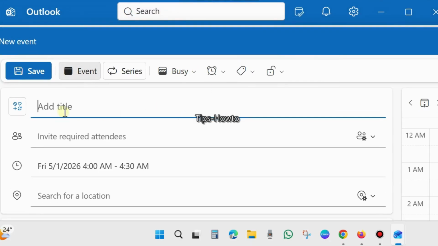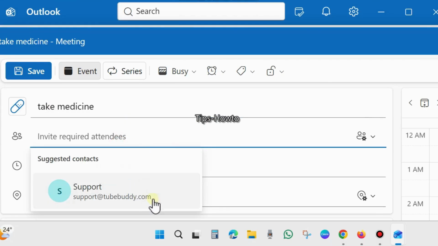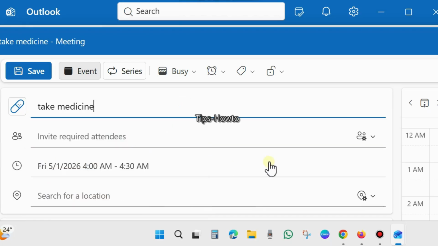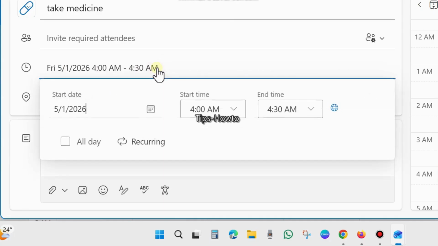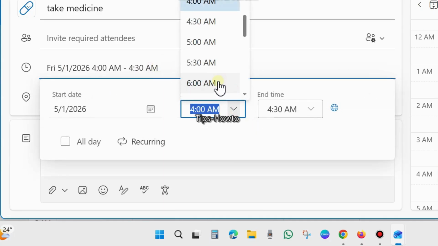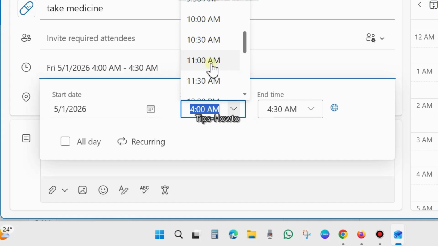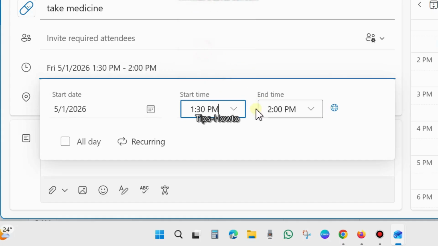Here a box will open. Add title, take medicine, invite required attendees, choose a date and time, and various other features are also available here. Search for your location, fill up, and you can also type a description here. Choose a date and time, and at the top of the page